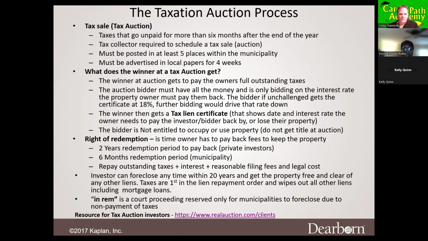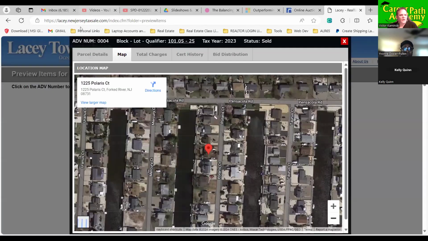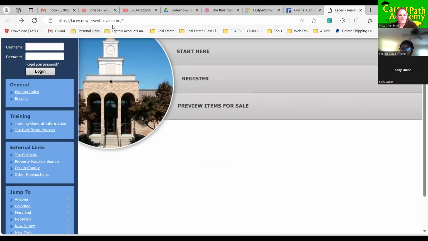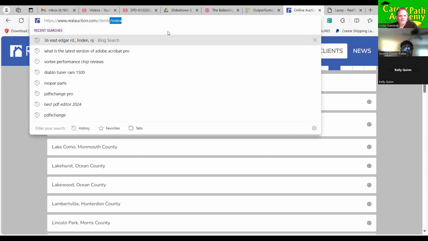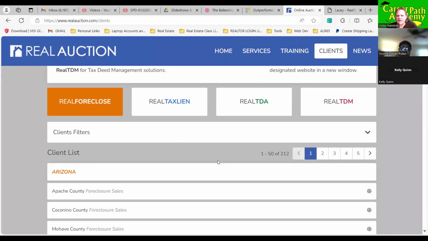Are you showing us something? Because I just see the slide. Yes, sorry, me too. I clicked on the auction. Okay, hold on a second. Let me back out of this. So I clicked on the auction site for Lacey. Let's go to this again. I clicked on that tax auction and it took you to the client list. Yep. Let me back out if you weren't seeing all that. You guys see it now though, the website? Yep.